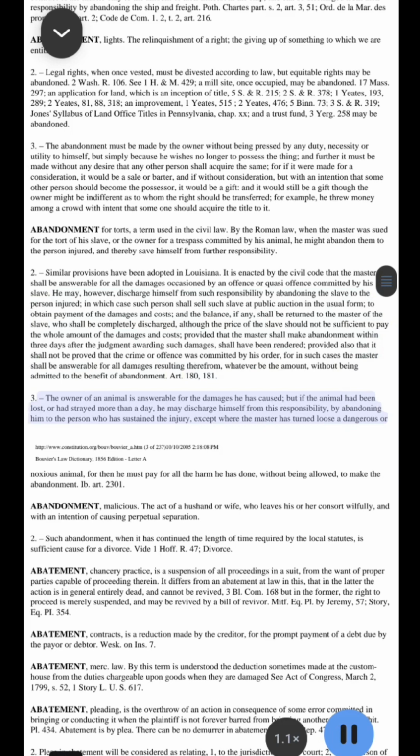Art. 180, 181. 3. The owner of an animal is answerable for the damages he has caused, but if the animal had been lost, or had strayed more than a day, he may discharge himself from this responsibility by abandoning him to the person who has sustained the injury, except where the master has turned loose a dangerous